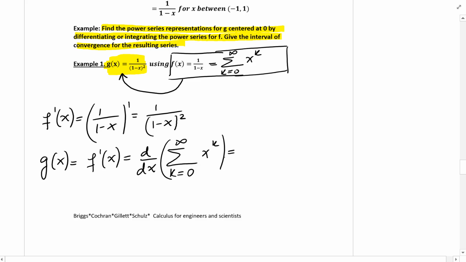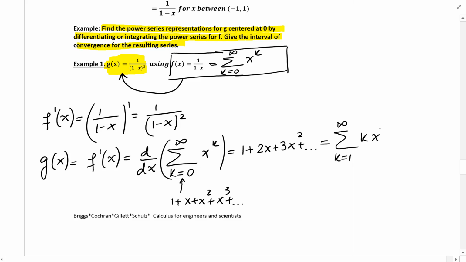So we can think like this: the series is 1 plus x plus x squared plus x cubed plus dot dot dot, which if we differentiate every term we get 1 plus 2x plus 3x squared plus dot dot dot, which we can write as the sum as k equals 1 to infinity of k x to the k minus 1,